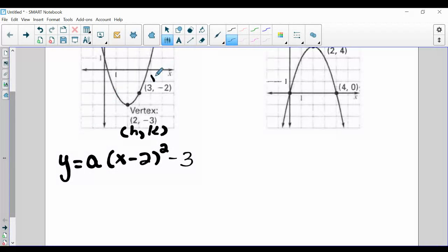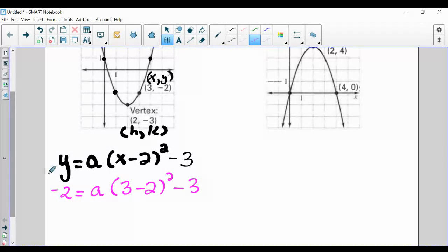So we're going to use any coordinate aside from the vertex, any coordinate on the graph, and label it (x, y). This one has already been labeled for you as (3, negative 2), but feel free to use another point such as (1, negative 2), or (0, 1), or even (4, 1). Any of those points would be all right to use. So we're going to plug in (x, y) and then solve for a here. y is negative 2, x is 3,